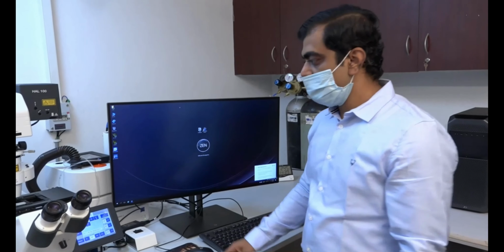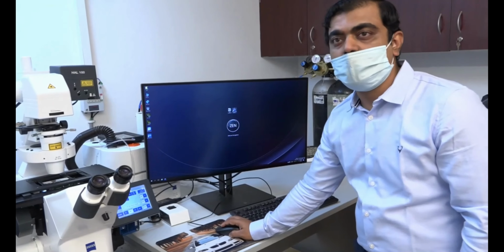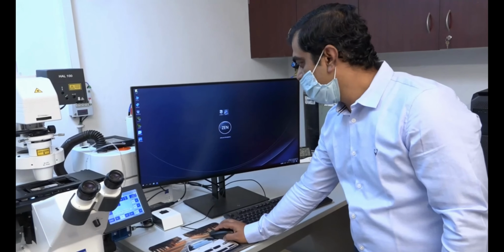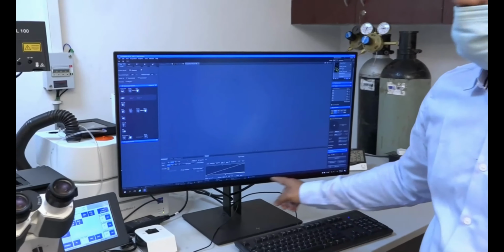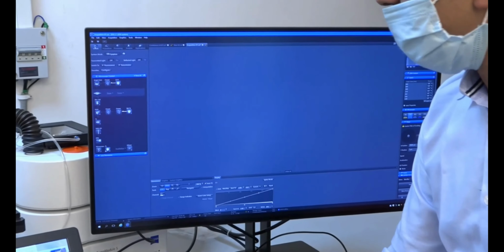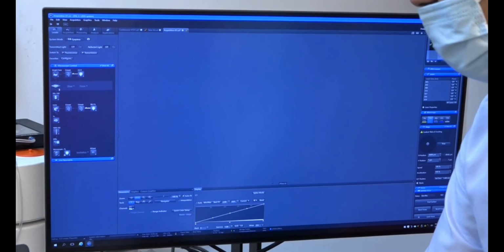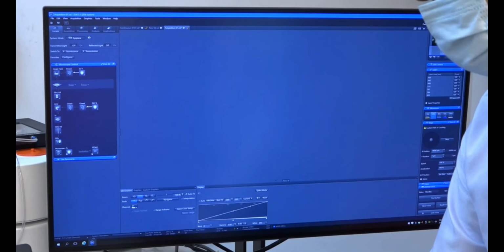After talking of the microscope, we will come to the desktop where the Zen 3.1 blue edition has been given. We will open the blue edition here, and we will get a guest user interface like this. In the guest user interface, under Locate, we have the entire architecture of the microscope in the form of a light path. As we discussed, we had the halogen lamp here. You can control it through the software, and the intensity of the light can be increased or decreased